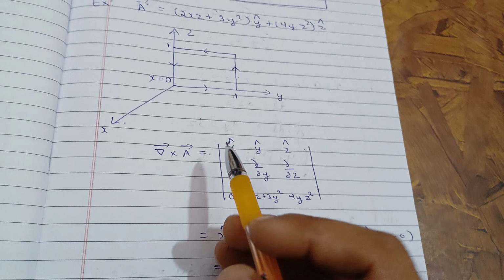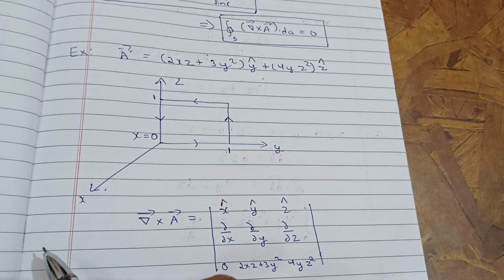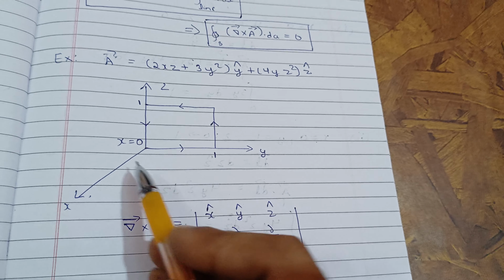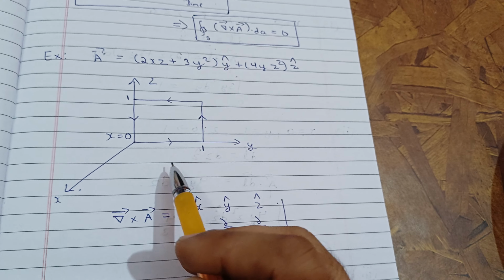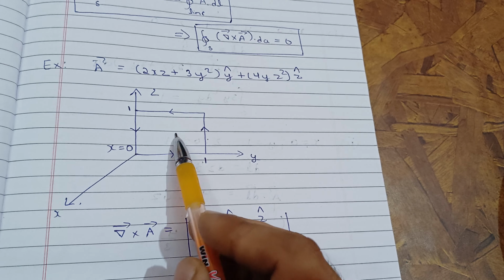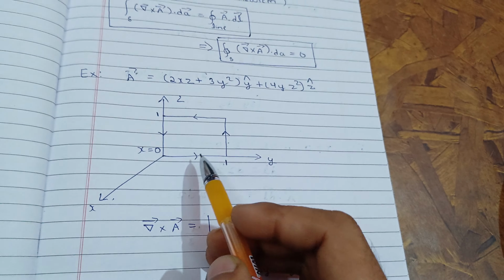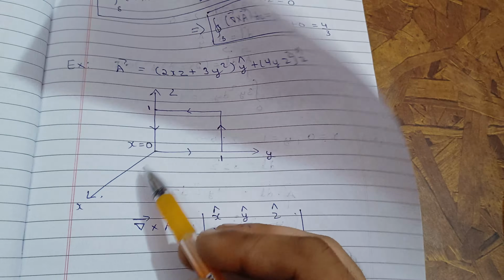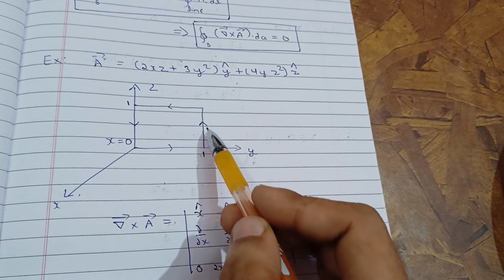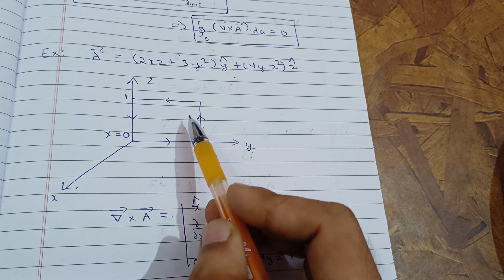Now you need to calculate your surface integral for this surface. So what is our dA element here? I already told you how to calculate the dA element. Here x is equal to 0, so dx will be 0, and for this surface it will be dy dz. The direction will be x cap, because the curl direction, with the thumb outside, gives the x cap direction for this surface. So dA will be dy dz x cap.